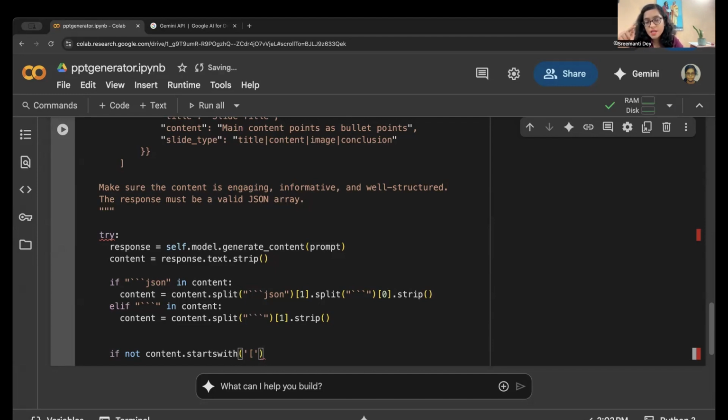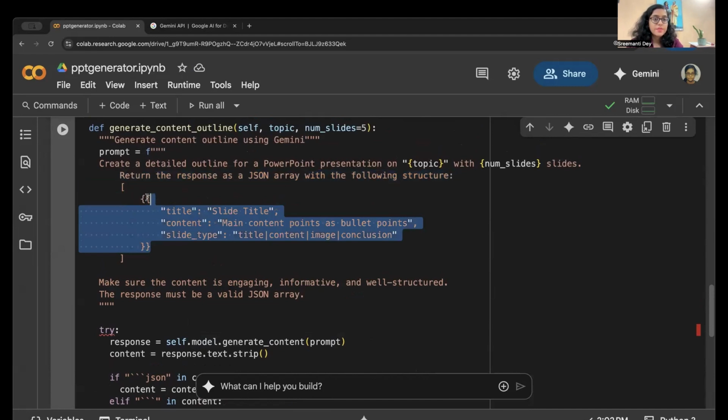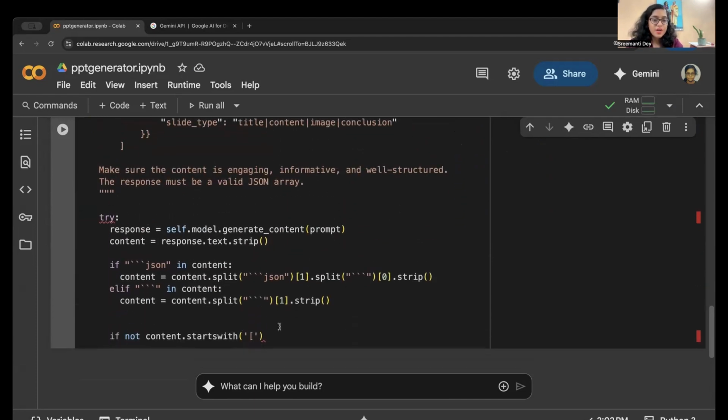So we are going to have 6 elements in the JSON array, and each of them is going to be a JSON object, which looks like this. It's going to be title, then the slide title, then content, and then the slide type, like title, content, image, conclusion, whatever it is. So if it does not start with this, or if it does not end with this,